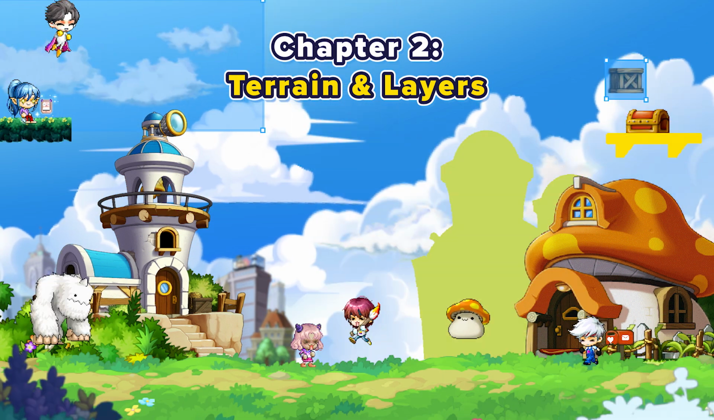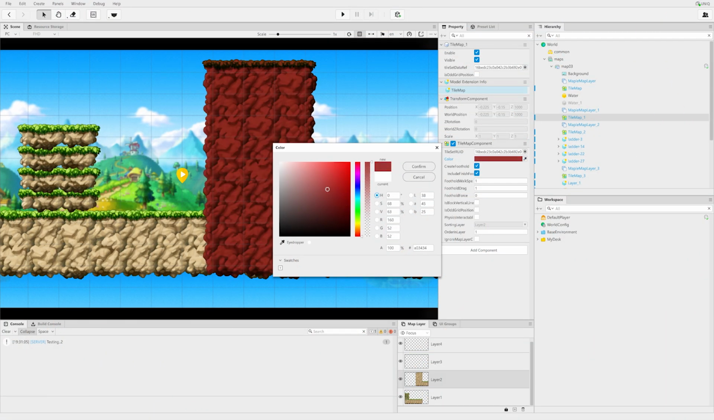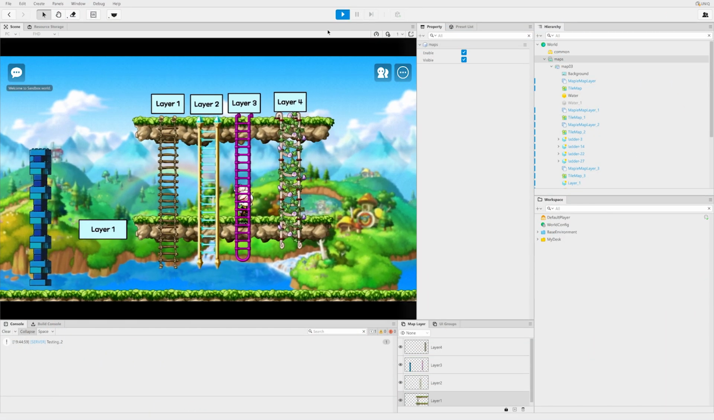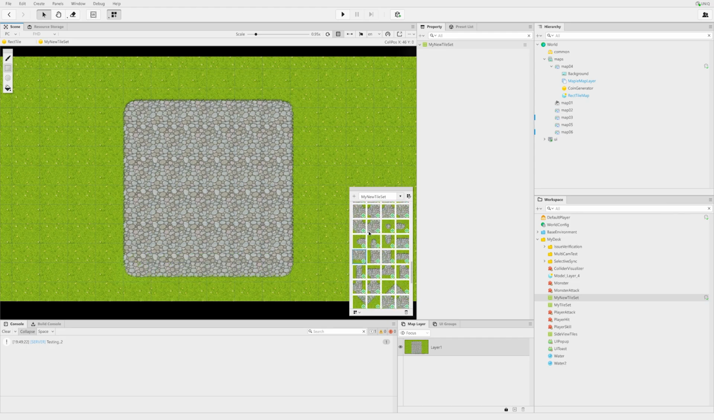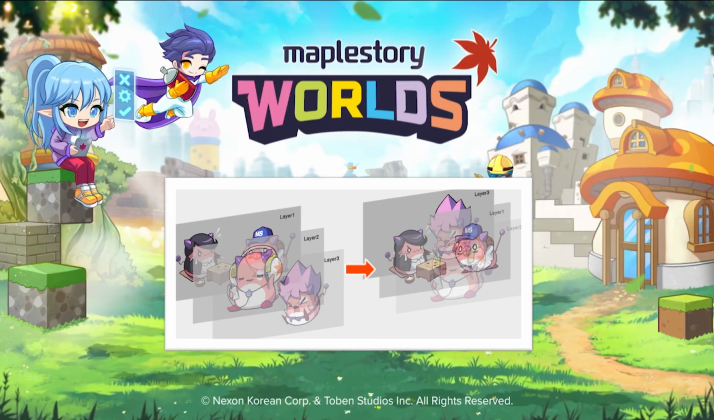Welcome back to the promo tutorial series. Today, we'll cover terrain and layers to understand how it relates to the player and sorting among the entities in our world. Let's begin. When creating a world with MapleStory Worlds, you'll notice that a lot of the assets that